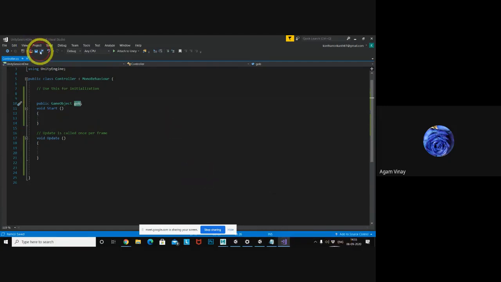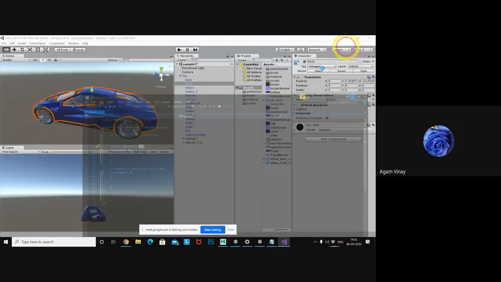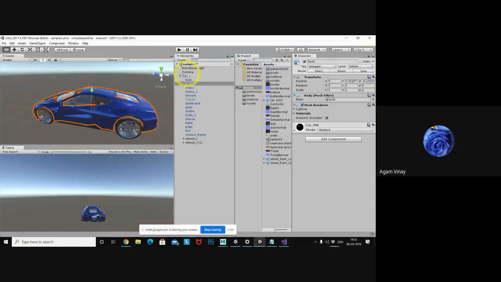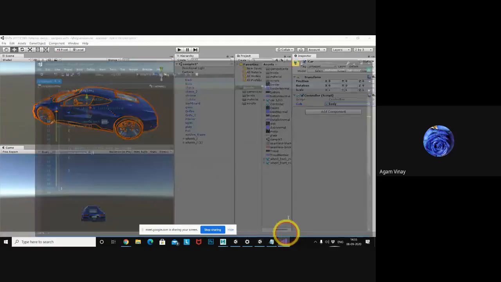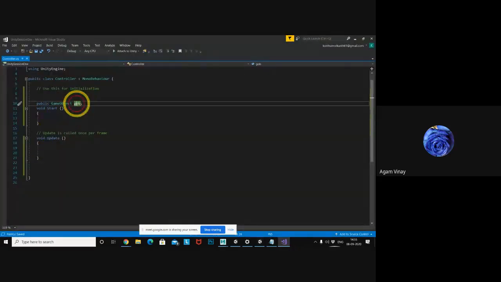I'm just saving. Here in public you can see what value it's expecting, game object type. So I'm dragging my game object here. Car body I am accessing, with the name GOB.